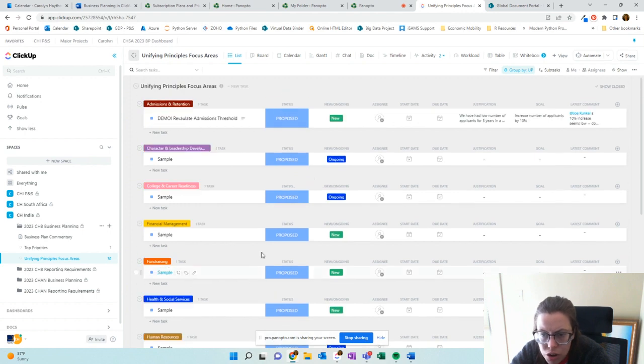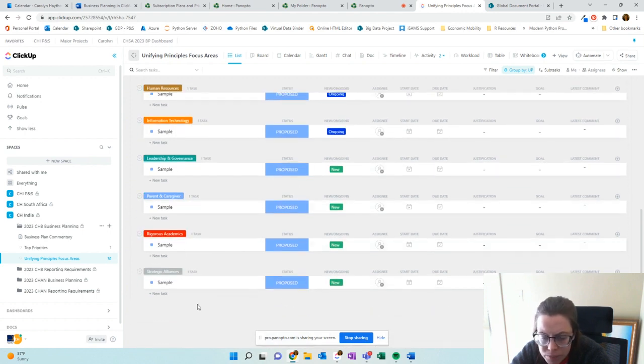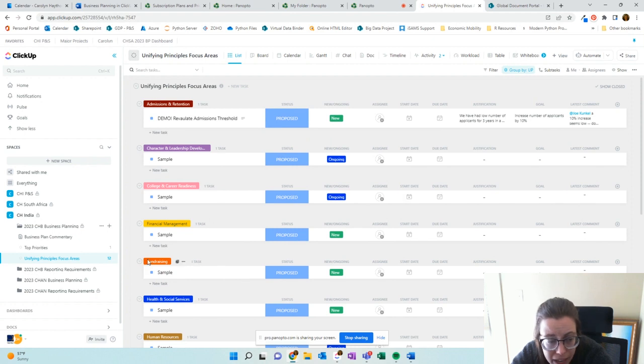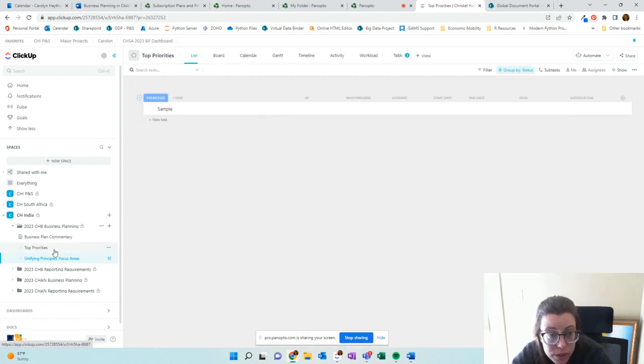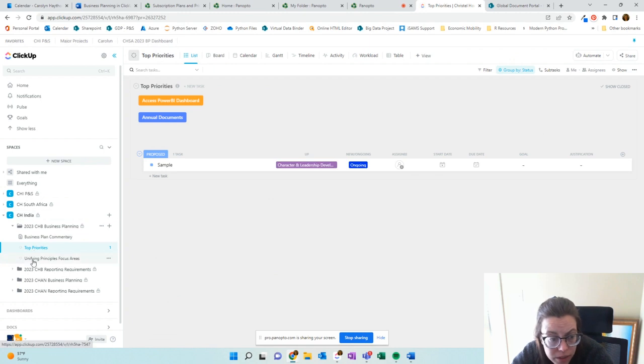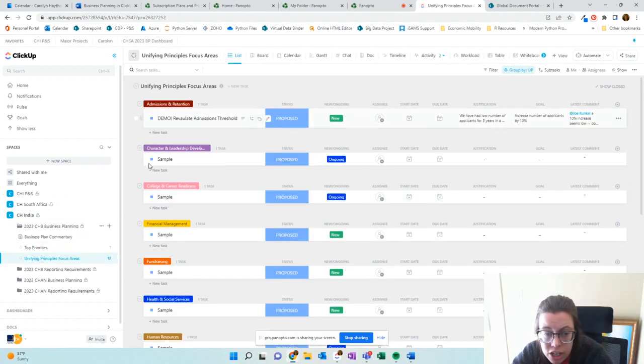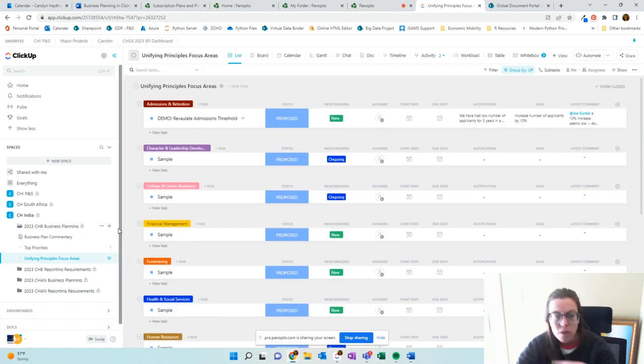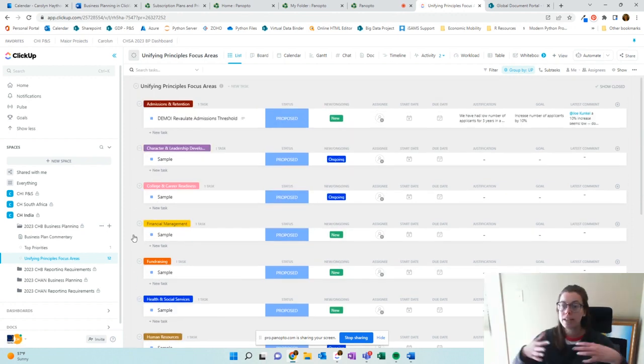Okay. So you'll go through and fill this out with your team, just thinking about your top priorities for the year for each unifying principle. Then what you have to do is look at your top priorities for the year overall. So this is like the important areas for each unifying principle, each kind of department. But we know that we can't, as an organization, some of those priorities might not be the top priority for the whole organization. We really want to focus that into just 3 to 5 really, really critical tasks for the